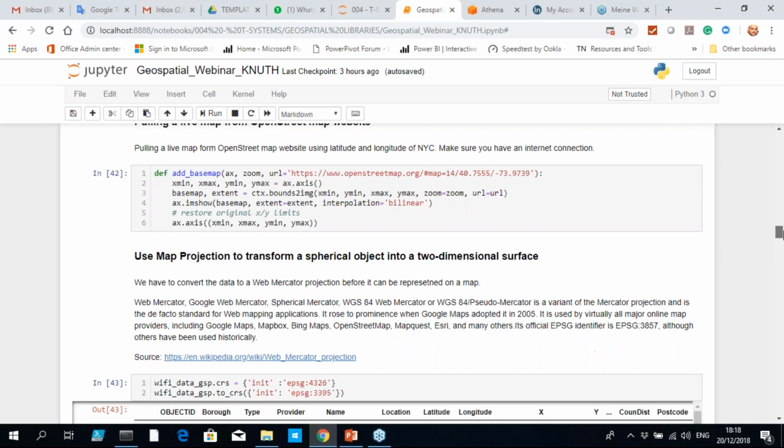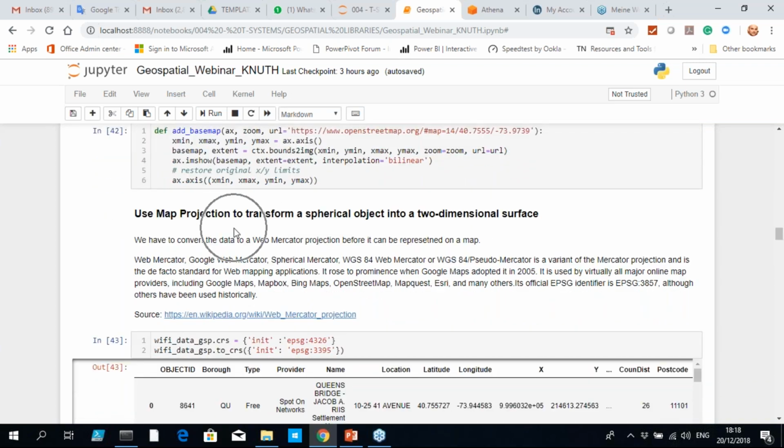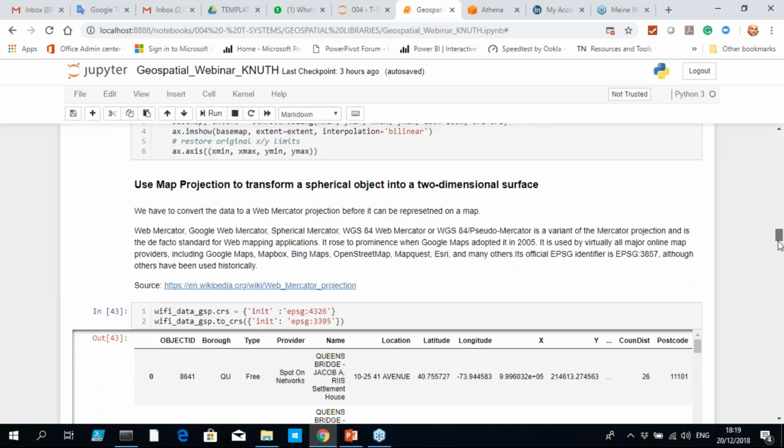But before we do so, we have to use a so-called map projection to transform a spherical object into a two-dimensional surface. So that means the Earth is round, right? And we need data available as flat data on a map. So you kind of have to make this conversion so that every data point is properly displayed. And you can find information on using map projections on Wikipedia. We just provide a very brief introduction into those here. Okay, so